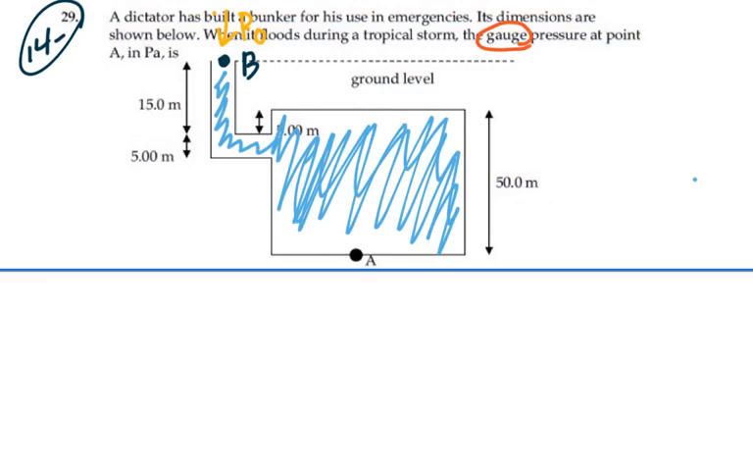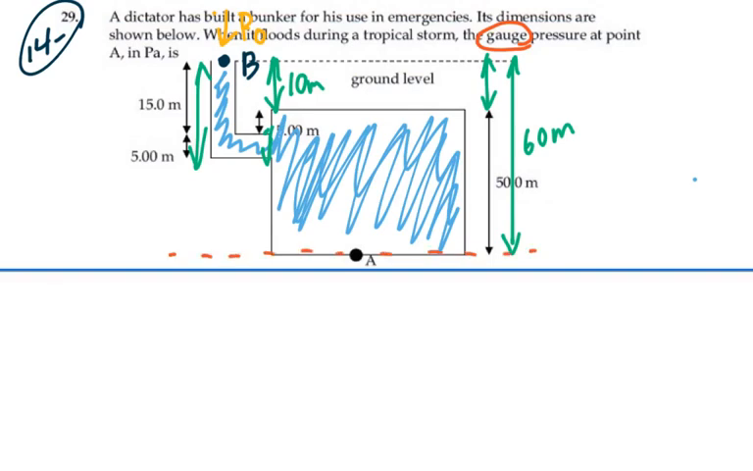Now we've got these dimensions, 15 meters, and then 15 meters here, and then another 5 meters here. So this distance right here is 10 meters. And if I add that 10 meters over here on the side, then the total distance all the way down to A is 60 meters. So if we define point A as being our 0 point, then the height of B will be 60 meters